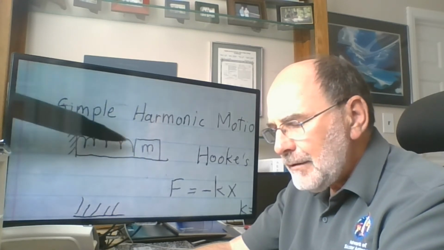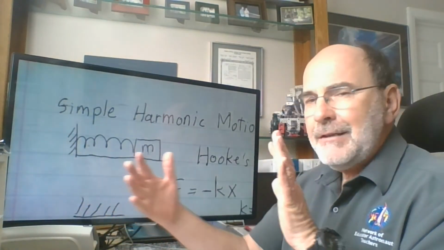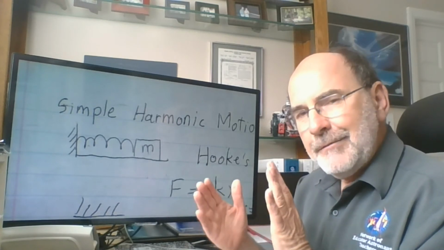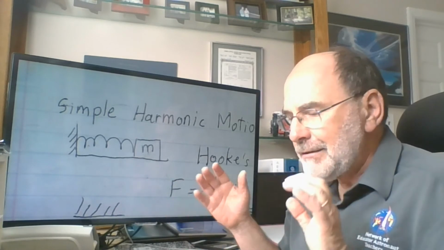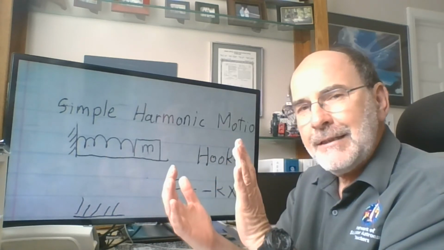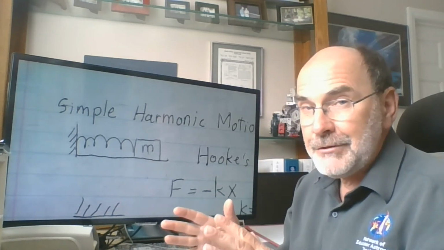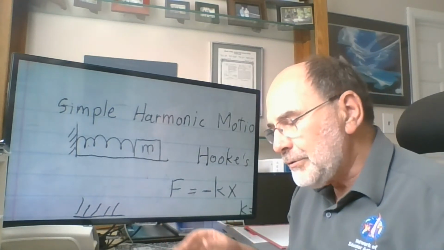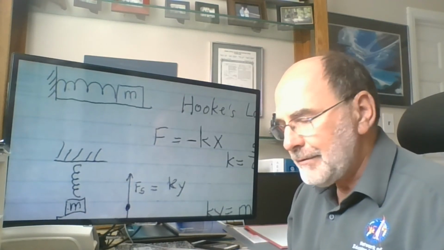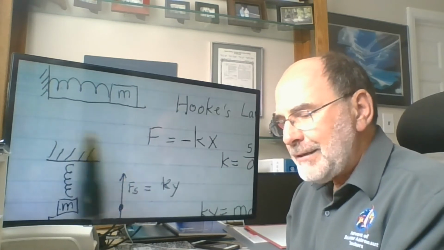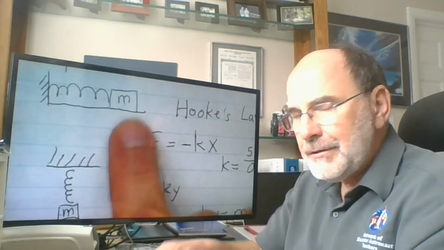Half a cycle later, when the spring has finally stopped getting back to its equilibrium length, that whole time it was accelerating this mass, making it go faster and faster and faster. And at last, it got to 0. And in the CK12, it says, okay, but it's got inertia. It's going to go blasting through that. True. But here's what I want to point out while it's passing through 0 length. When it's at its rest length for this mass that I let go of, and now it's zooming through 0,